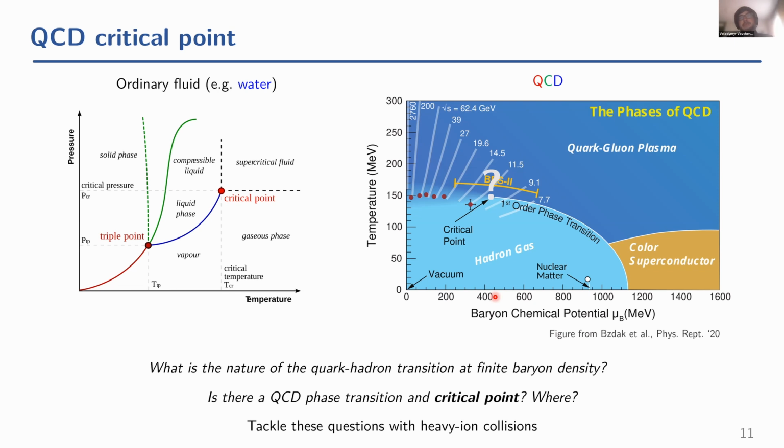But I think it's extremely challenging to obtain a proof, because it can always be that you are simply not sensitive, or the critical point is there but not quite where you probe it with heavy ion collisions. So I think the best you can do is probably obtain evidence that you can disfavor a critical point in certain regions of the QCD phase diagram, but probably not much stronger than that, as far as heavy ion collisions go, at least.